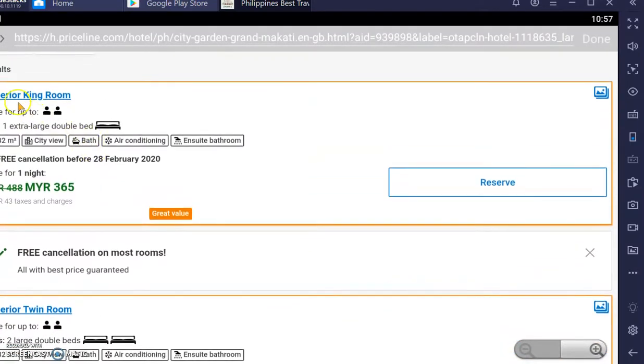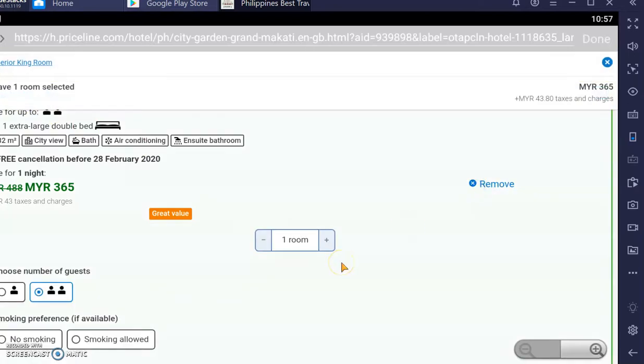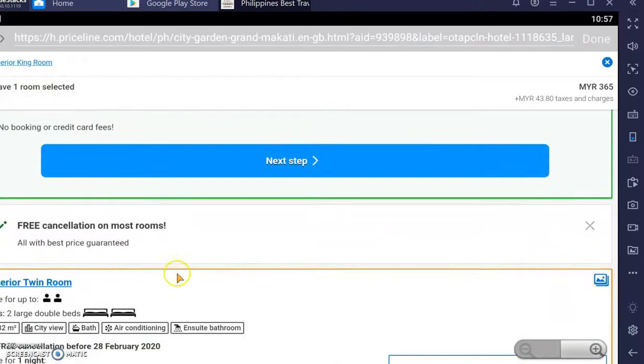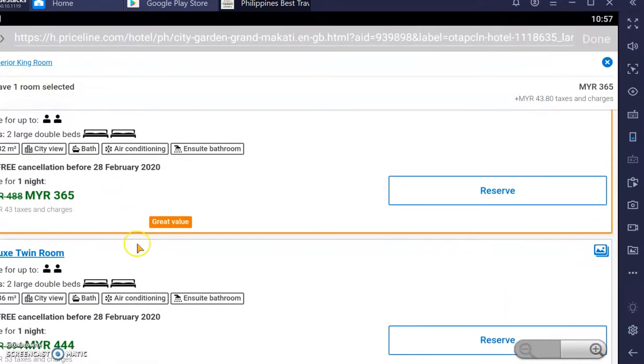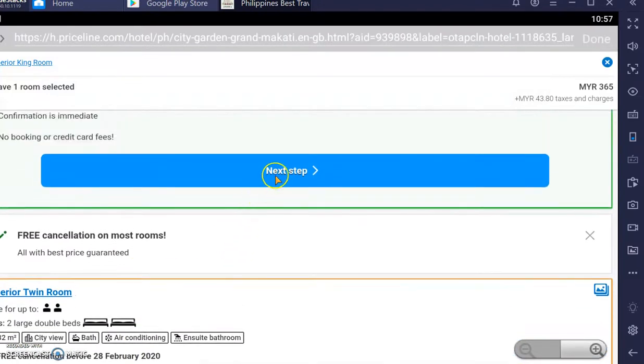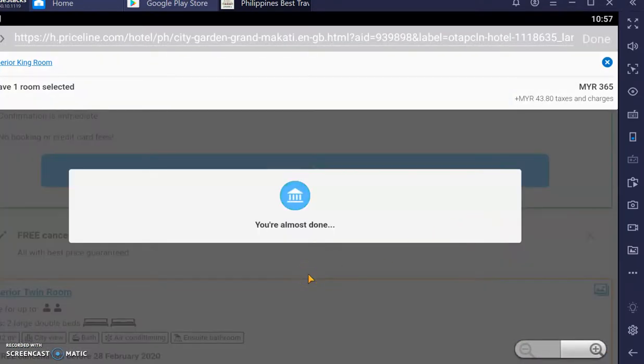Okay, under this superior king room, I just click here, reserve. Okay, and then this one is for 2 guests, 2 persons. Smoking preference is no smoking. Okay, and then this one is free cancellation,